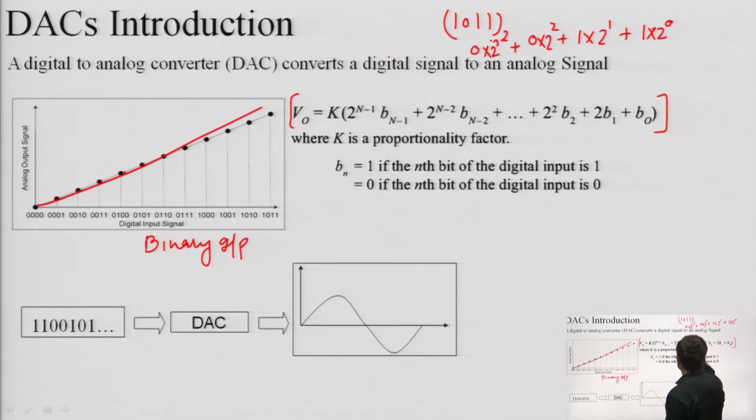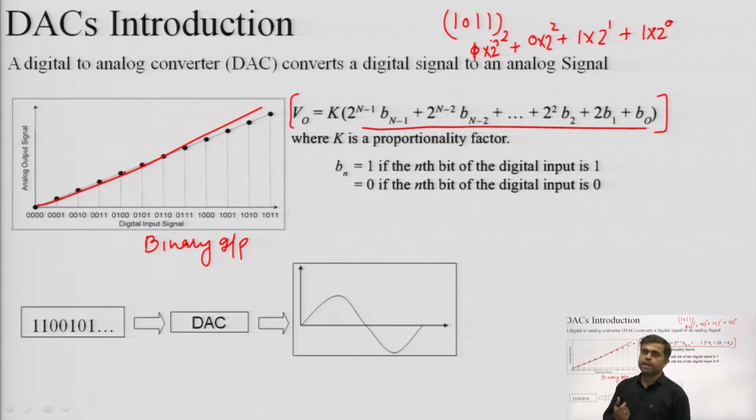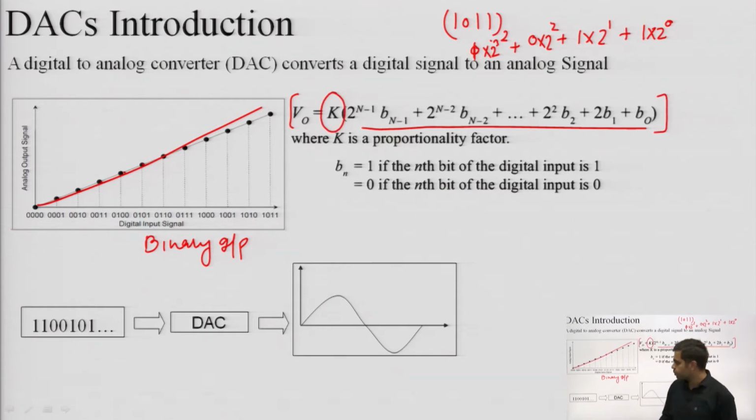So something like this. It's not 0, this is 1. So 1 into 2 raised to power 3. So this is the same structure. So if my circuit is able to generate that expression, although there might be some additional things, and those additional things can be considered as the proportionality factor k, that can be equated to unity by adjusting the circuit components or the supply voltages. Okay.